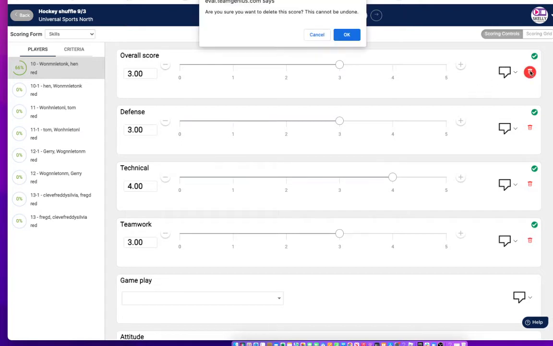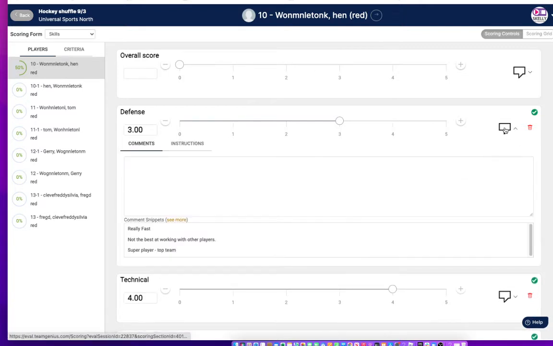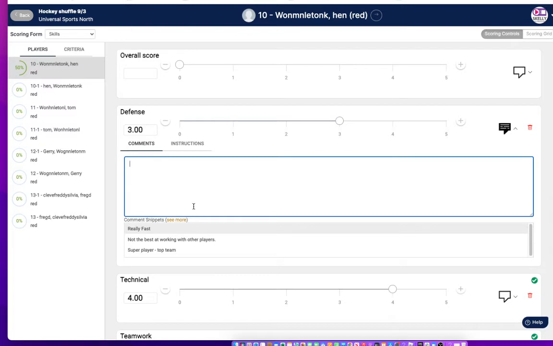You can also delete your score by clicking on that little delete. That will delete the score so that it doesn't count. And if you click on one of these comments boxes in any one of these scoring criteria, you can either drop in pre-canned comments if the organization has set those, or you can type in comments with your keyboard. If you want to evaluate different players, you can go over to the left-hand side and select a different player